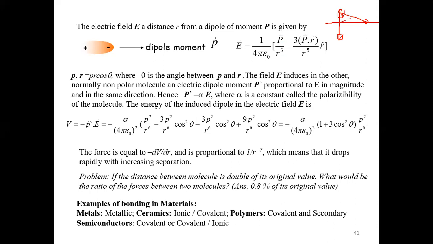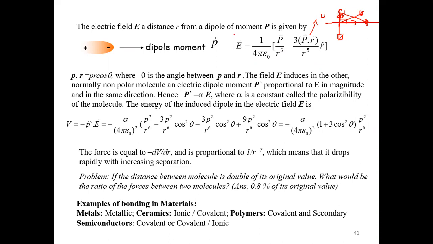Now, if you want to calculate the electric field at any arbitrary distance over here, approximately E will be 1 by 4 pi epsilon naught P by R cube, and then there will be an additional term, minus 3 P dot R. At the perpendicular bisector, P is along that direction, R is along that direction, so the angle between P and R is 90 degrees. So along the perpendicular bisector, this term will be 0. So that means you will get 1 by 4 pi epsilon naught P by R cube, which you have calculated in your college level physics, that means in electrostatics.